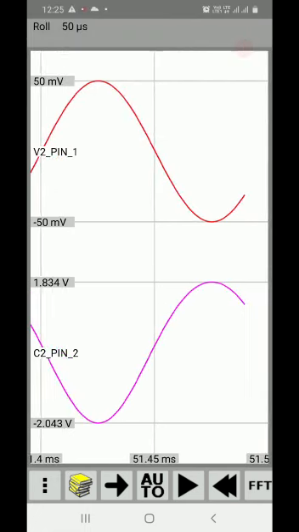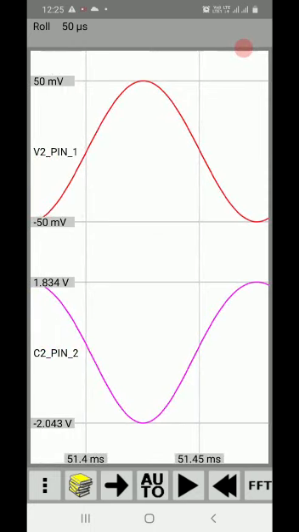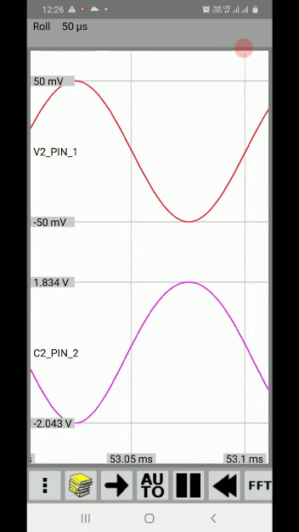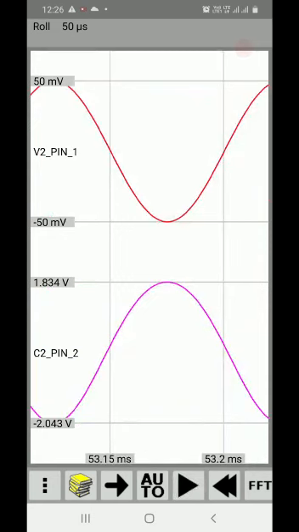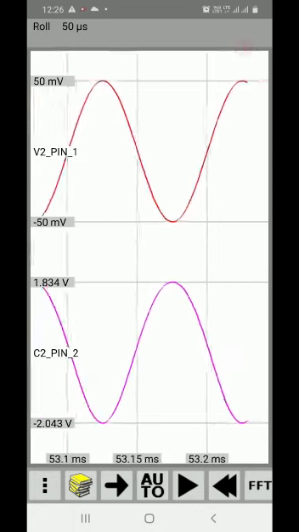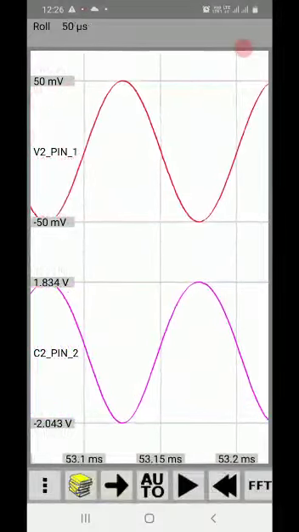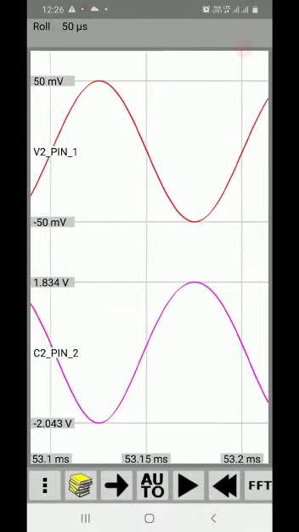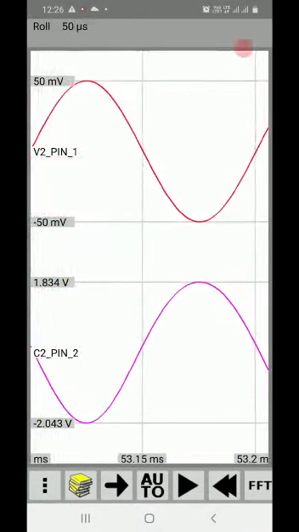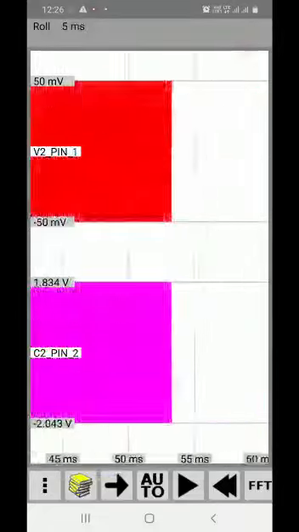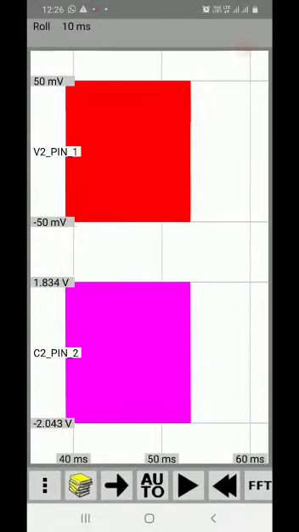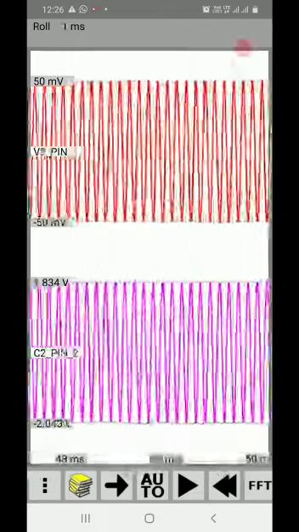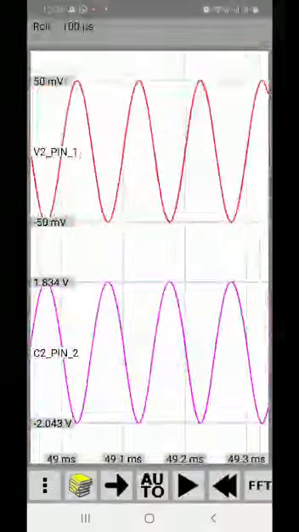Then the play button is there, and pause is there. If you are making some changes, the save option is also there. If I run it again, the waveforms are seen. Many times when we observe the waveform, we need to make changes with the time axis and the amplitude axis, the horizontal and vertical axes. So there is a provision. Keep your fingers on the screen and it works like zoom in, zoom out, the way we view pictures captured using a camera. The time scale can be changed in case we are not able to observe the details. Horizontally, it helps to scale down or scale up the time axis.